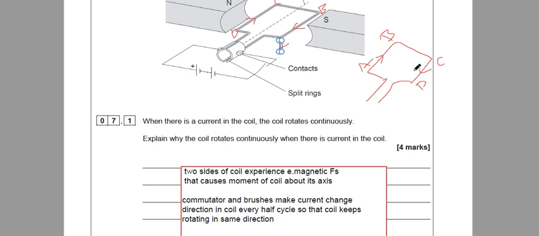This reversing after every half cycle is necessary to make the coil always rotate in the same direction, because